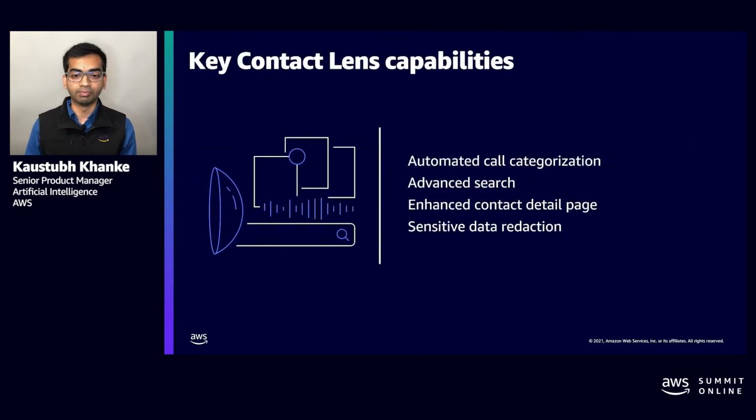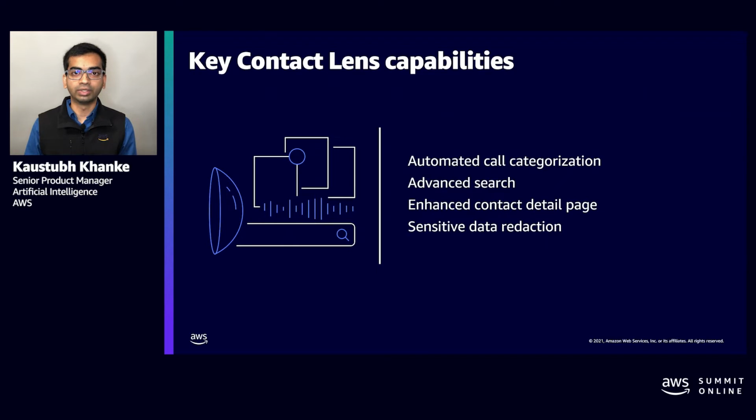Contact Lens is a set of machine learning capabilities that enables businesses to analyze customer conversations. Using Contact Lens, you can categorize your customer contacts by creating rules based on keywords mentioned by customers, agents, or both. You can create categories for scenarios like competitor mentions, regulatory disclosures, and script compliance. All contacts that meet the specified criteria for these scenarios get labeled. This labeled data is included in an analytics file in your Amazon S3 bucket.